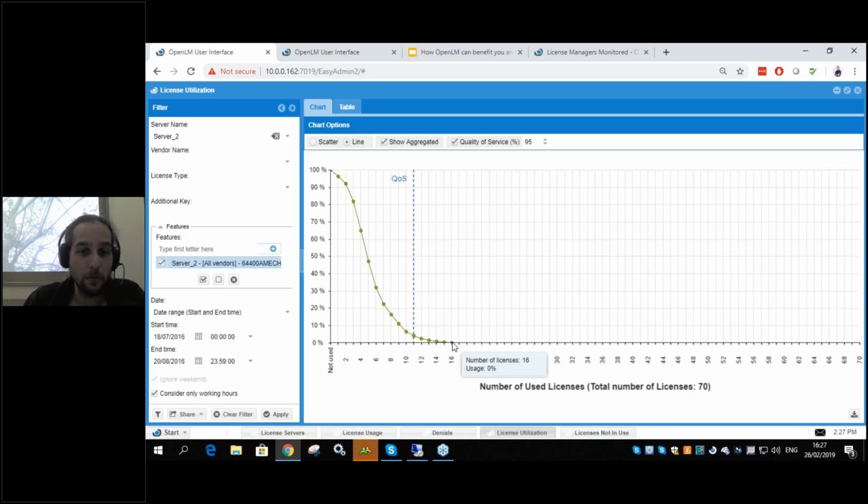So this, for example, shows us this feature never went over 16 licenses pooled at the same time, never. So right off the bat, you know that you don't need 70 licenses, you need 16 tops. Of course, you can consider working hours, but let me try to explain what we're seeing here so you'll understand a bit more about it,